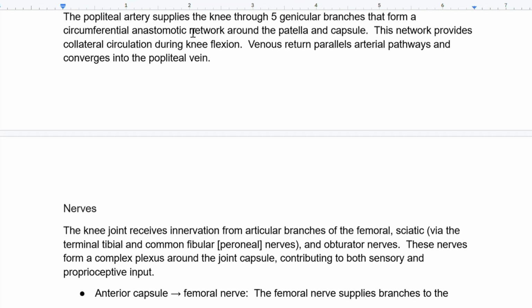Then we have vessels. The popliteal artery supplies the knee through 5 genicular branches that form a circumferential anastomotic